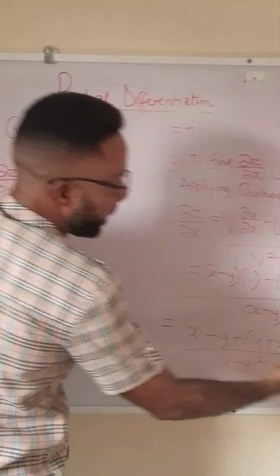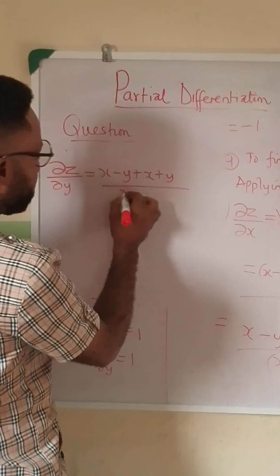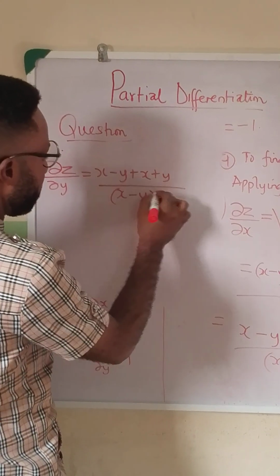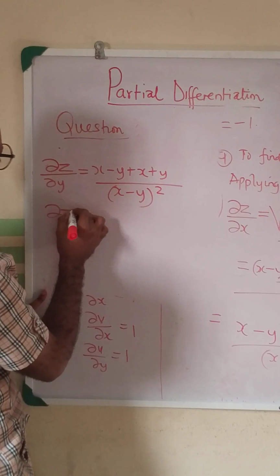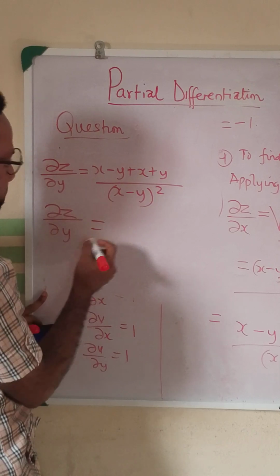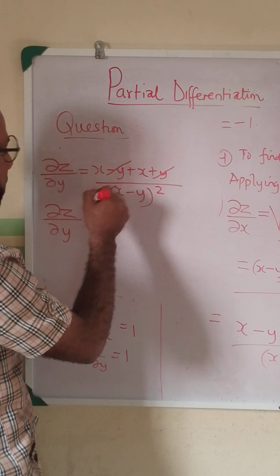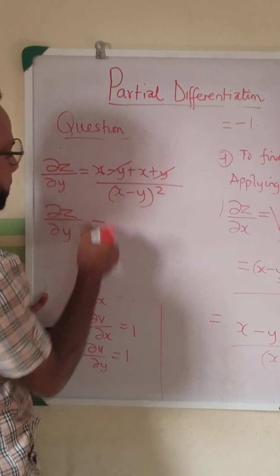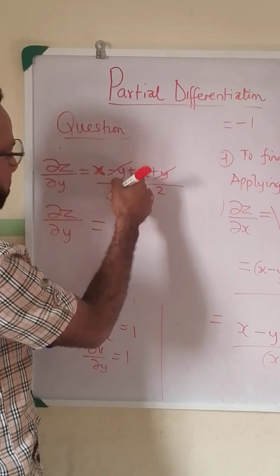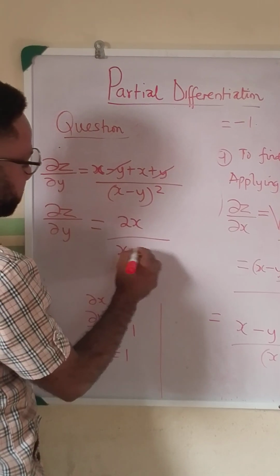So we divide it by x minus y all squared. If we look at the expression on the right hand side of the equation, we have minus y and plus y, so this will cancel out. And x plus x will give us 2x